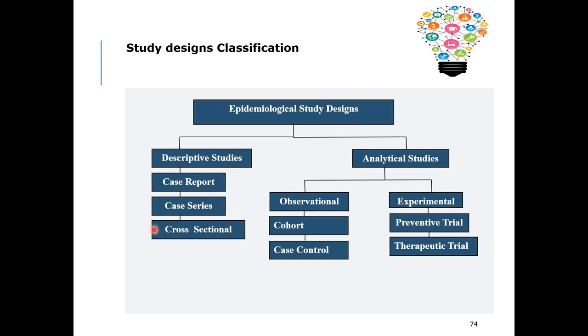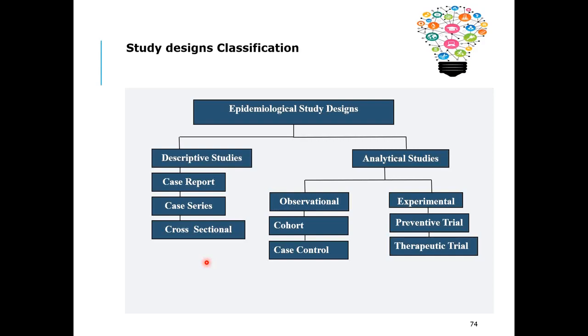Moving onwards to the descriptive studies is the cross-sectional survey. A cross-sectional survey means a study conducted at a single point in time, and the researcher only wants to describe the data in terms of time, place, and person distribution. For example, if we take you to a community, for example, Sham Ki Bhatiya, and there we conduct a household survey, and we see that the number of patients with tuberculosis is a great number there. So we will say that tuberculosis is prevalent there.